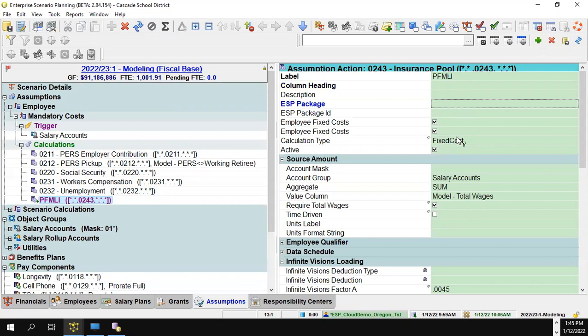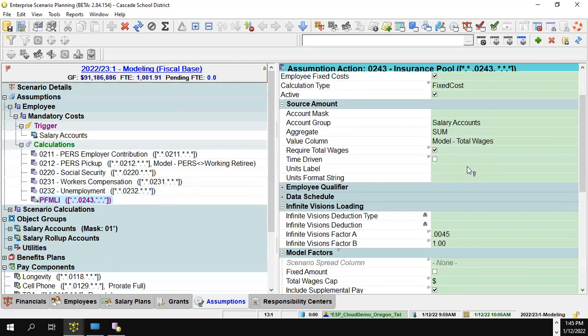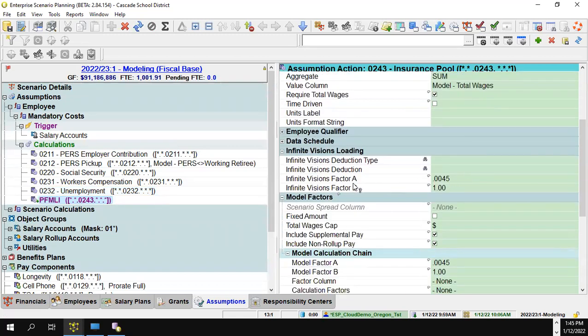So, this is a fixed cost. It's going to be on the total wages. Now, it's not using a qualifier or a schedule. And this 0.0045 came from this unemployment, because I right-clicked on it and used it sort of as a template for the next one. So that's why it took the characteristics of the calculation from above as the template. And I don't even know what is